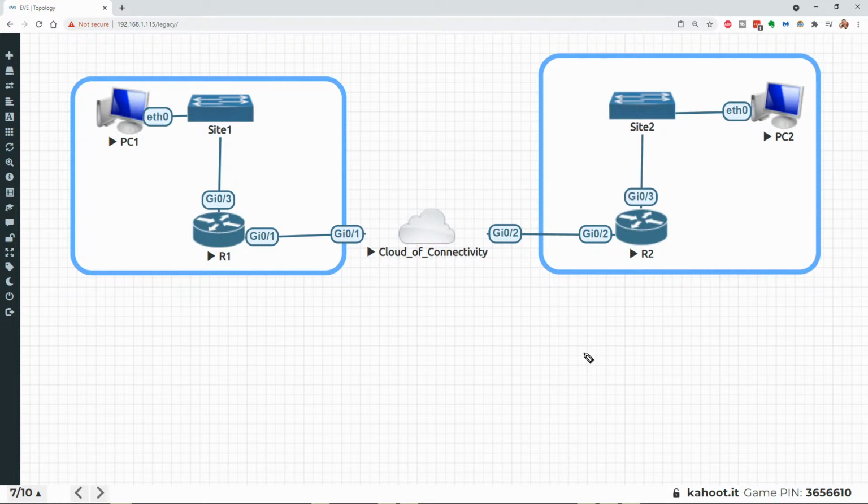So if we're wondering, let's say this PC is going to be using voice over IP or some other time-sensitive application, and it's talking to this guy over here. Maybe it's peer-to-peer, some video app or a voice over IP app. And we're wondering, is our network going to support it? Now, there's a lot going on. This cloud of connectivity could be anything. It could be the internet, could be something else.